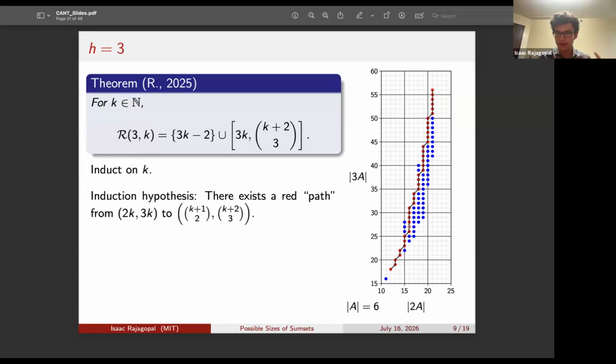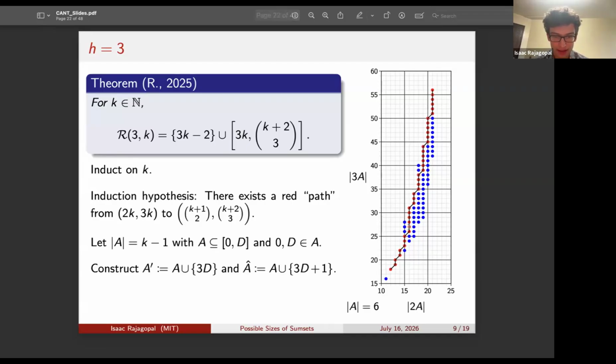So the way to do it is start with all of the sets of K minus 1 elements. Let's call one of them A. And for each set of K minus 1 elements A, let's say it's between 0 and D, with D being an element of A. So that's just by translating it to be non-negative and contain 0. Then we construct 2 more sets by combining A with the point 3D and A with the point